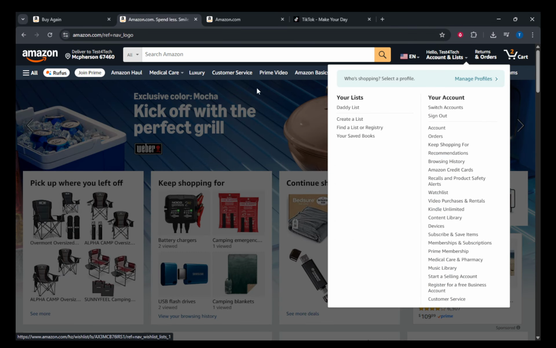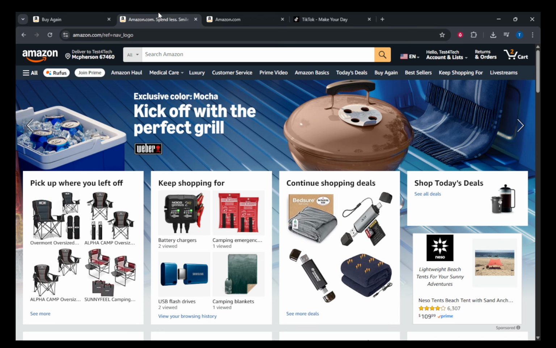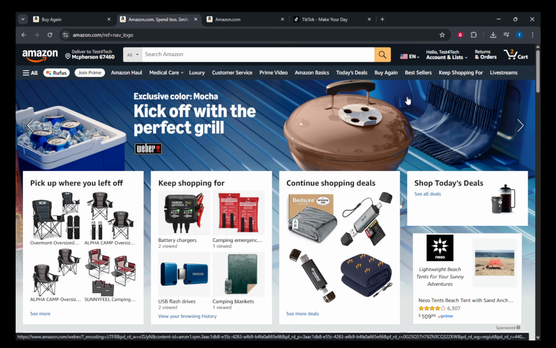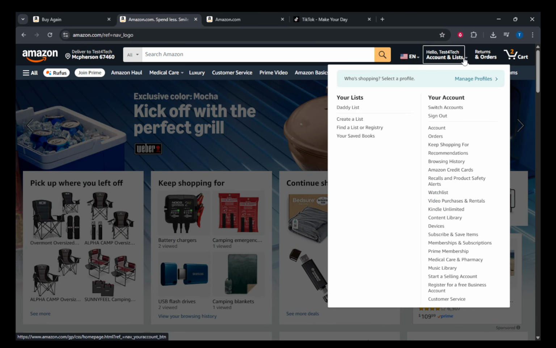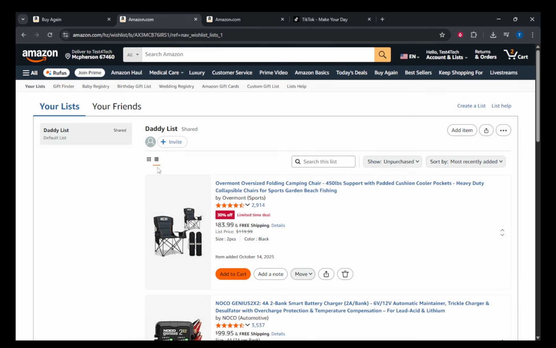Once you're logged in, head over to where your lists are stored. If you're using a desktop, you'll hover your mouse over Accounts and Lists. A drop-down menu will appear, and you can click on Your Lists from there. If you're on the mobile app, tap on Your Stuff, and then go straight to Your Lists. Now take a moment to select the specific wish list you want to share. Whether it's for your birthday, the holidays, or just because, make sure you've got the right one, especially if you